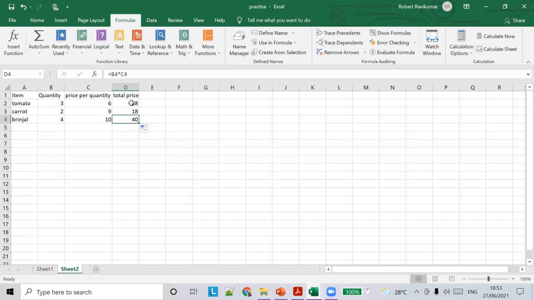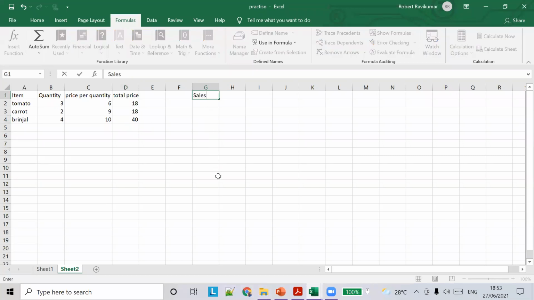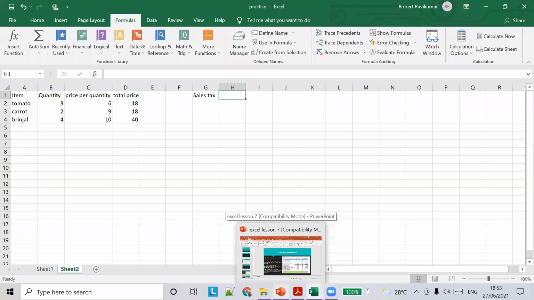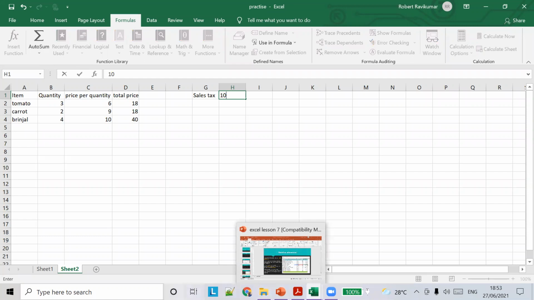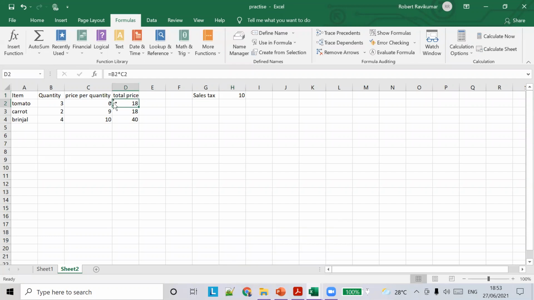Okay. So now there is another thing. Let's say we introduce another factor called sales tax. Let's say it's 10%. So now the formula changes.